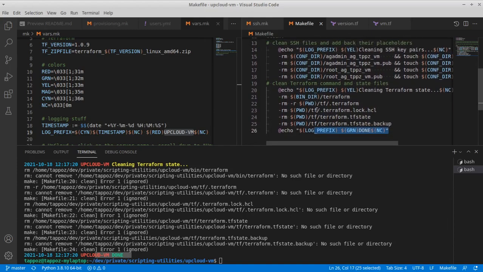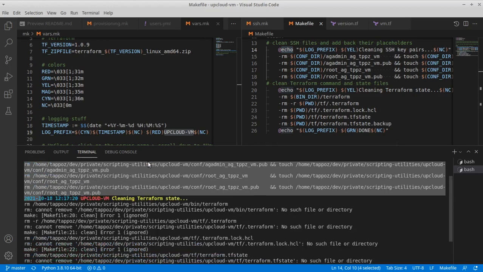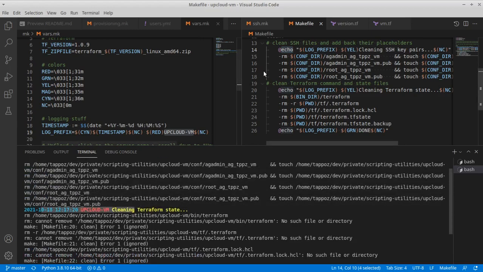A couple of things about makefiles. If you see an at character in front of a command, that's gonna remove the command printed to the output. So basically you're not gonna see echo blah blah blah, but you're just gonna see the output of the echo command. And if you see this dash in front of a command, that means the make command can ignore the